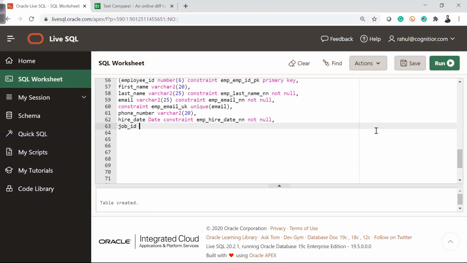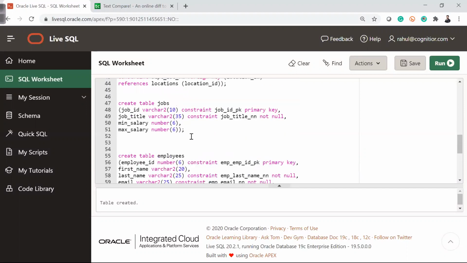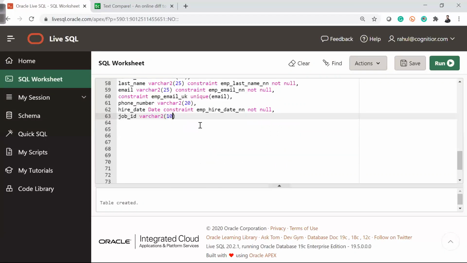So job id varchar2, let's give the size as 10. What was the size there? The size is 10, so it is fine. Then have a constraint that it cannot be null, so constraint emp job underscore nn not null, comma,